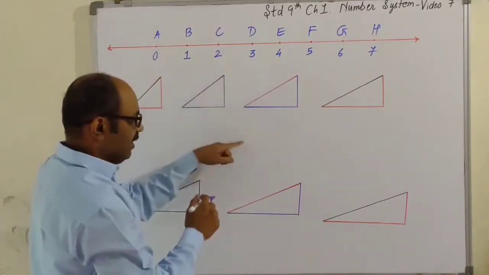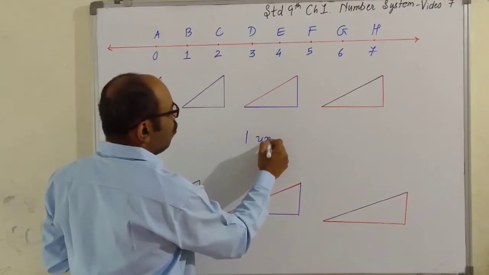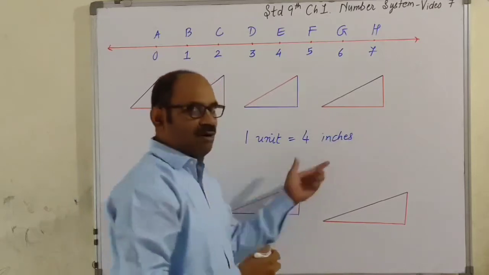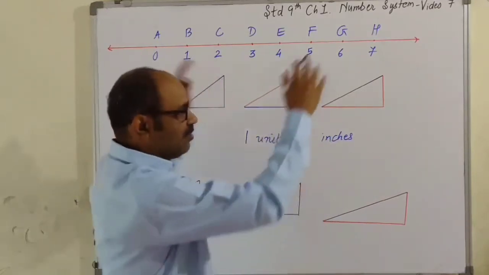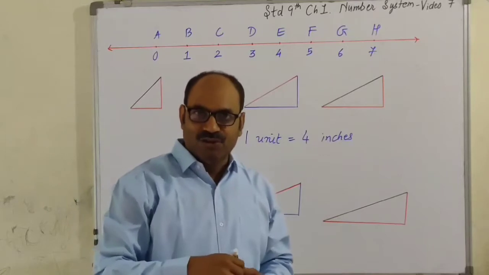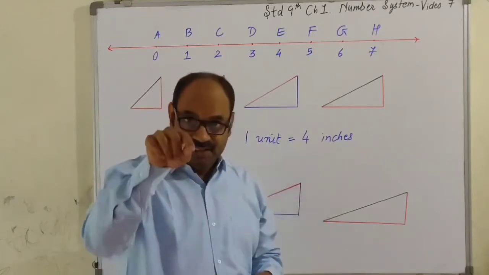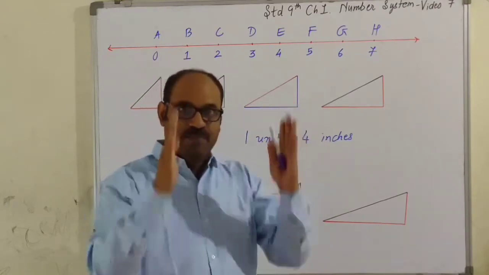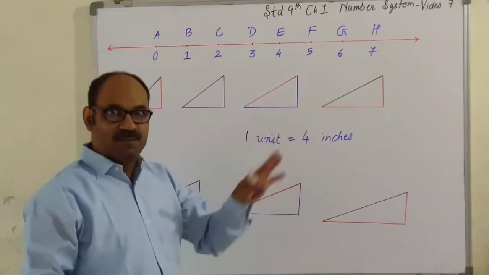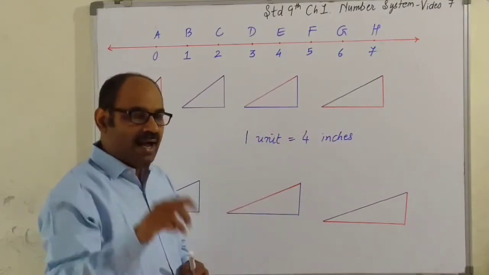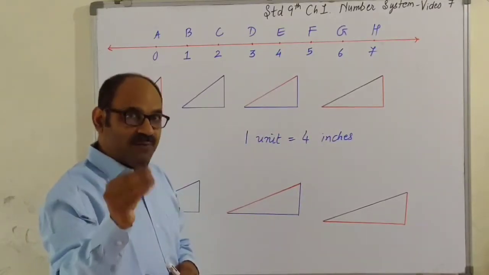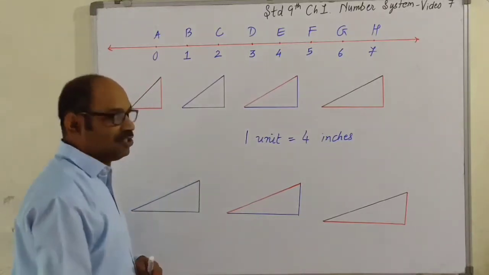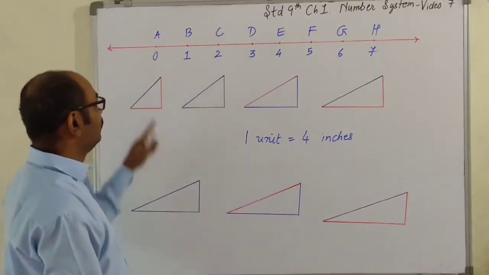Very important. I am writing it here. Here I have taken 1 unit is equal to 4 inches. I have to choose that units in inches because the board is very big. You can't choose the unit inches in your notebook when you draw because the page is many more times smaller than this board. Okay? I'll tell you which units are feasible when you are doing the work in the notebook. Don't worry about that.